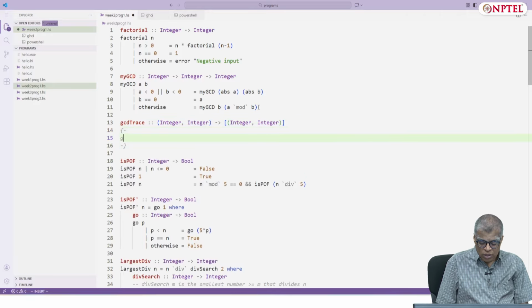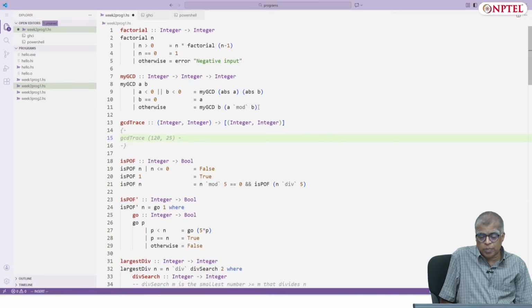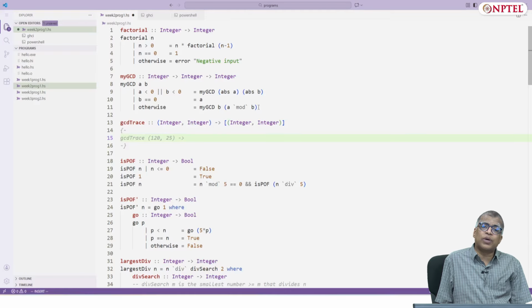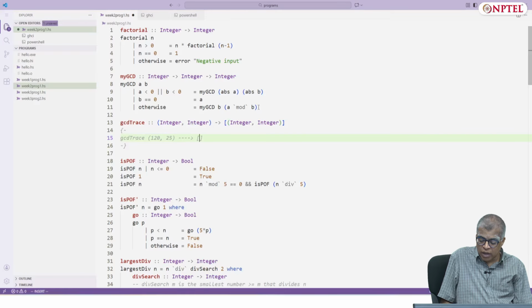So let's look at this. GCD trace of, let's say something like 120, 25 should produce a list, and the list produces the sequence of all the recursive calls that have been made.